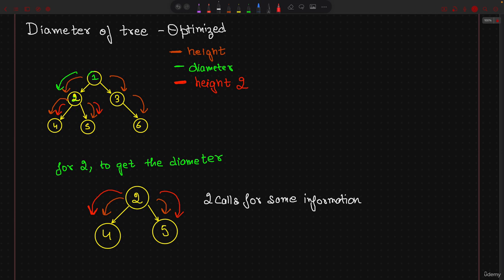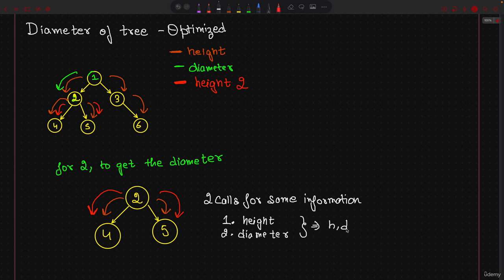In a very similar way, I believe that 2 should have some idea that, hey, it's asking for height, but I will also be needing the height for my use case when I will be finding the diameter. If 2 had this knowledge, then I think this would have been a lot better, right? 2 will have a knowledge that, hey, it's going to get called. First call is going to be for height. Second call is going to be for diameter. Due to which 2 will have to make calls to its node for height. I believe it would have been a lot great if 2 had an idea and it could return height